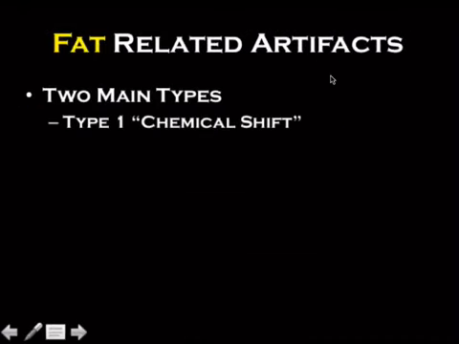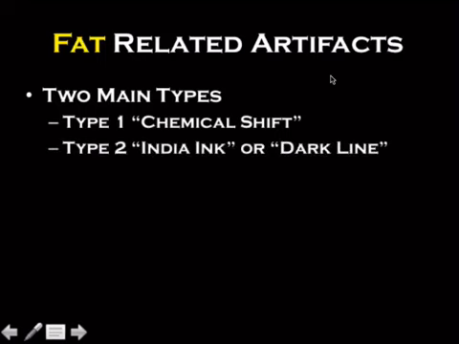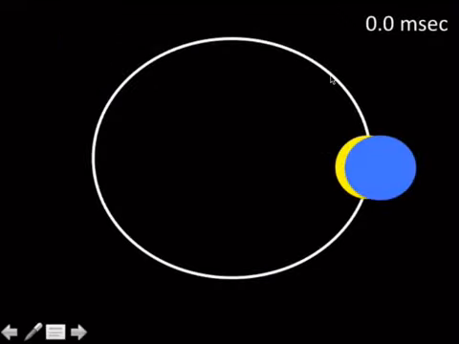Alright, so that is type 1. Now let's talk about type 2, which is the one most people are more familiar with, this in and out of phase, or India ink, or dark line. So remember we said that water and fat operate differently,